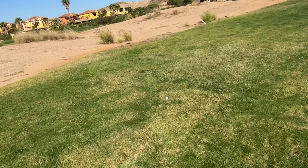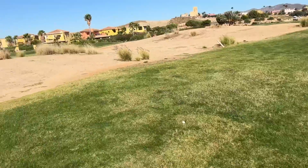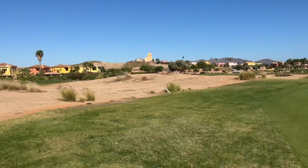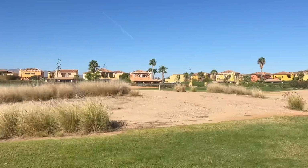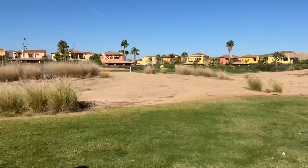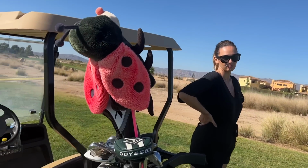Right, we are in the rough. It's not the best of lies. You're still on grass though, you're not in the waste area, which is good. We've got 150 metres there, which is 150 yards. 100 and what yards? 165. It is, sorry. So we have here about 180 yards. What are you going to do? What do you think? What's in this bag that you're going to...